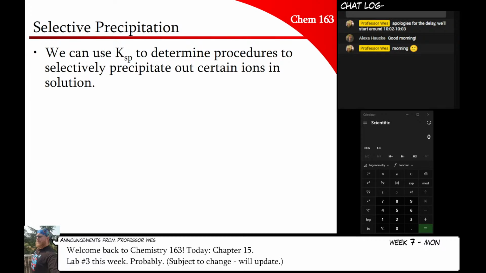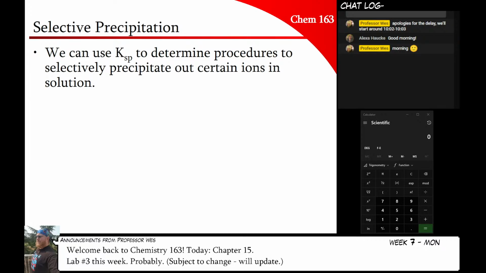The only announcements that I have for this week are, we're probably doing Lab 3. I haven't heard back from the lab coordinator yet. I'm just checking on the status of the NMR. Usually no news is good news, so until otherwise stated, assume that the lab we're going to do is lab number 3. So you're going to get to play with the NMR and the IR, and you'll also do a polyprotic acid titration, which,